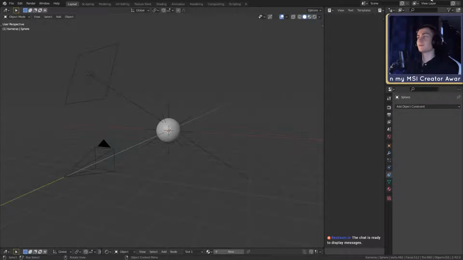So today, at least on YouTube, we will, of course, first do our quick sketch, roughly 30 to 40 minutes. Afterwards, we will continue working on my MSI Creator Award project, my character basically. I think today we're going to combine all the limbs so we can ease the transitions between the individual limbs, just to make it look more realistic.